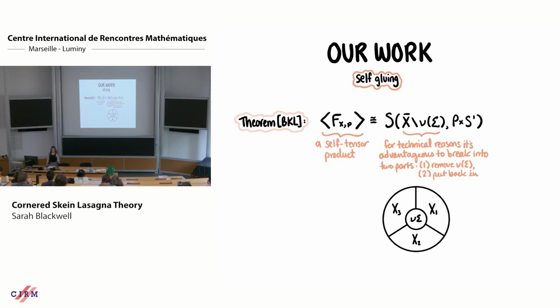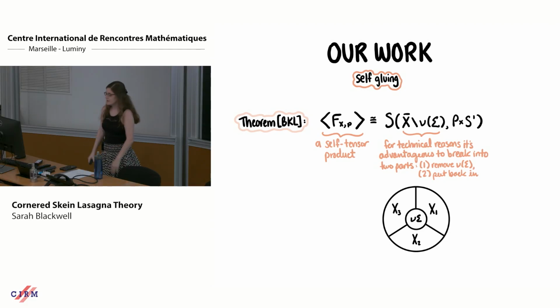And this part is very analogous to what I just talked about. In particular, this self-tensor product, there is a relation in there, and the relation is very similar. It's kind of like before you glue, you could act by a morphism here, or you could act by a morphism here, but it shouldn't matter once you glue it together. So this part looks pretty similar. But then when we glue in the surface, this central surface back in, we have some additional things we need to worry about.